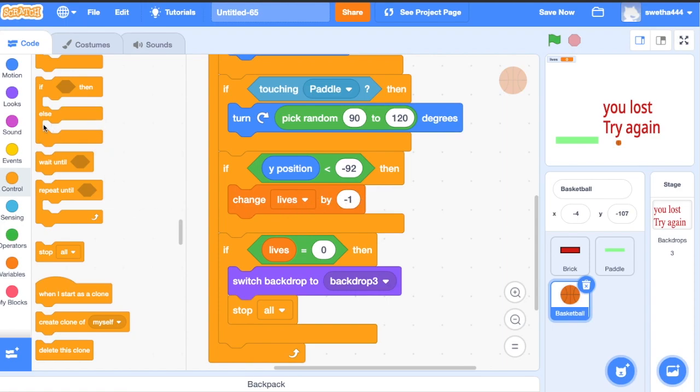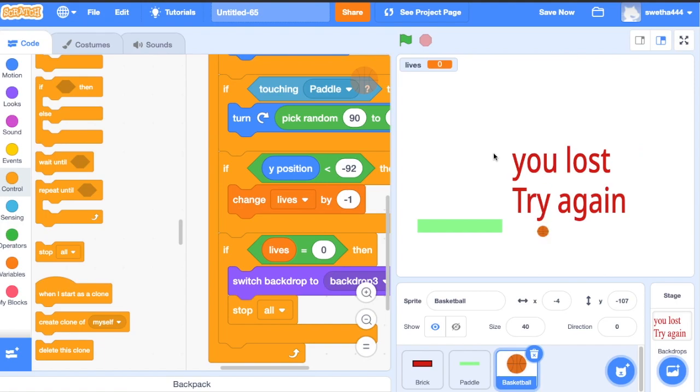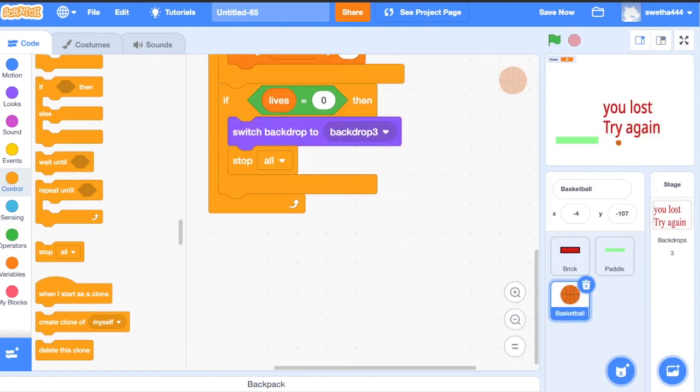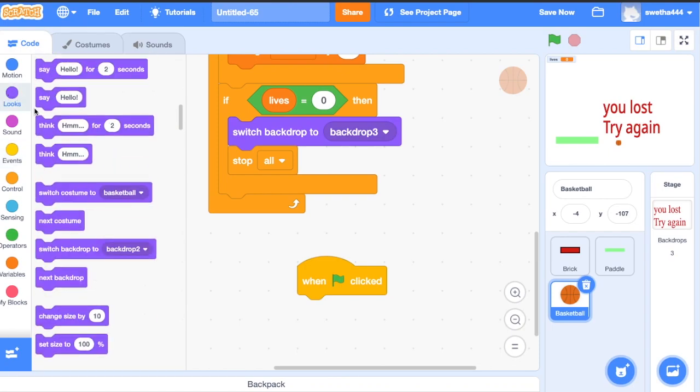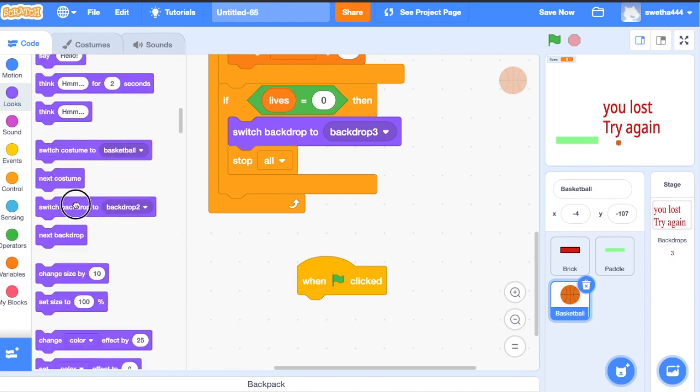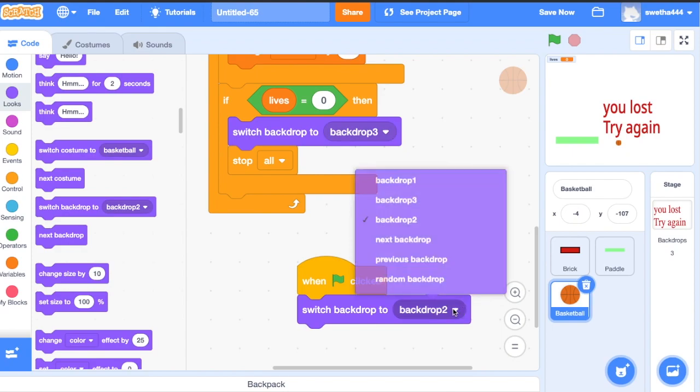Next, okay, click on events, when green flag clicked, switch backdrop to backdrop 1.